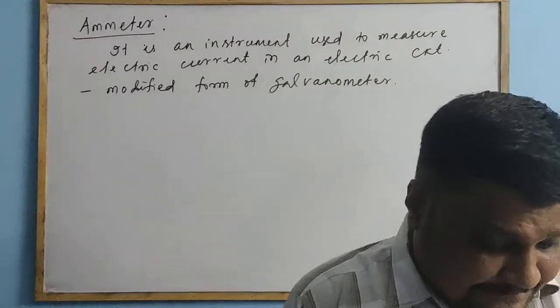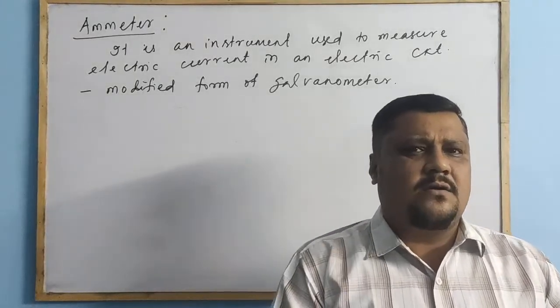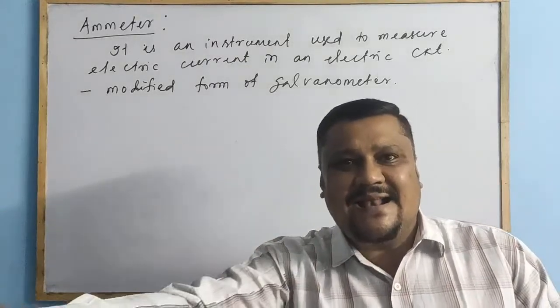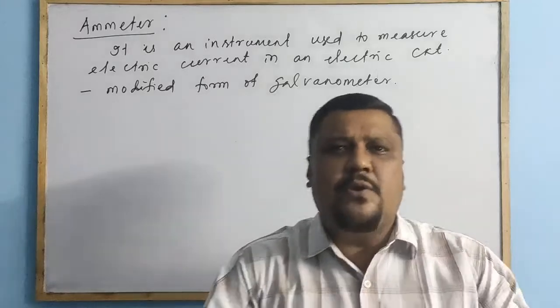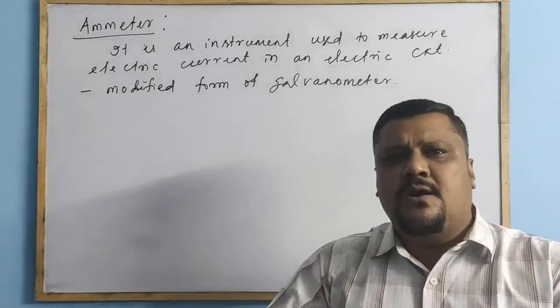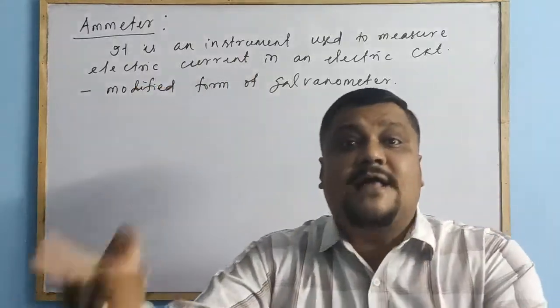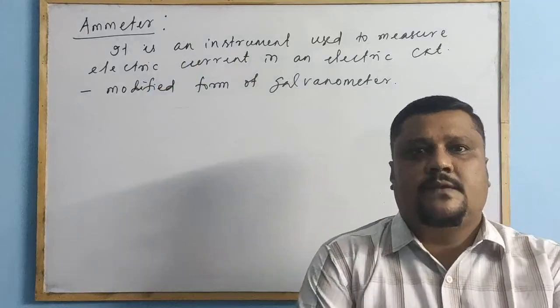Clear? But then again the question is, why do we not use a galvanometer directly in an electric circuit to measure the electric current? Why do we need a modification in the galvanometer so that it becomes an ammeter, and then use the ammeter in the circuit to measure the electric current? The reason is that